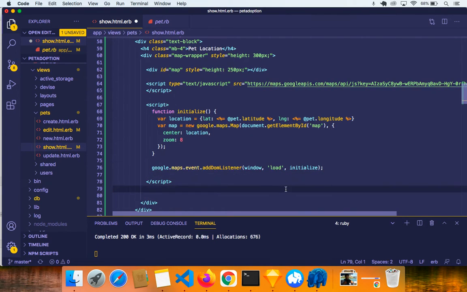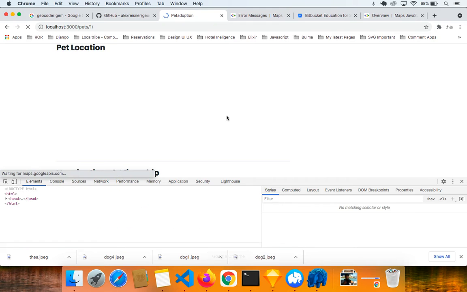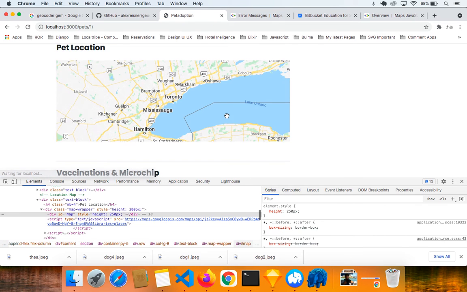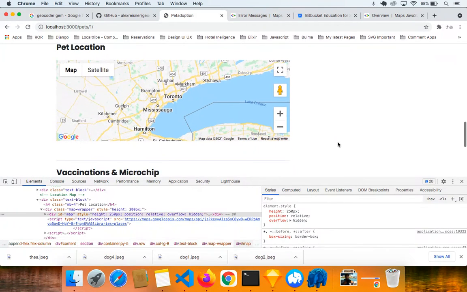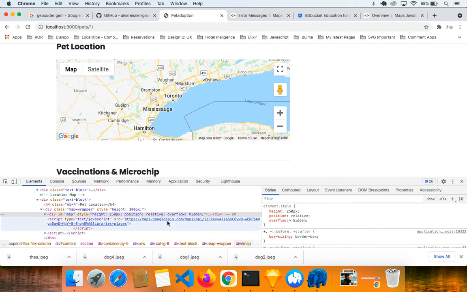It's load, and I couldn't get any errors on the console. But if you save it now, so just make sure you save it, and refresh. You should be able to get the map. Thank God. Okay, we have the map, but we need to make this bigger,